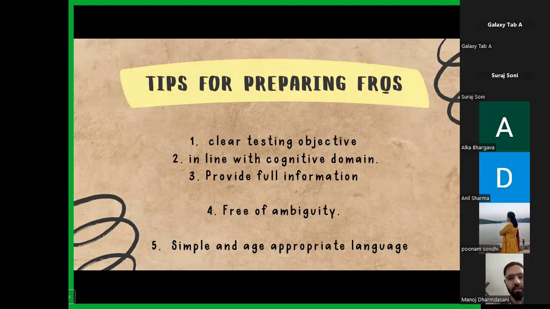Because if you simply ask, explain the methods of energy conservation, right? The child may write an answer from anywhere in the world and the answer would not be wrong. But when you specify the methods of energy conservation in India, then obviously the child has to specify things from India. Or when we say which factors help globalization in India, that means we are talking about the factors especially helpful in the process of globalization in India. So we have to be very, very careful.